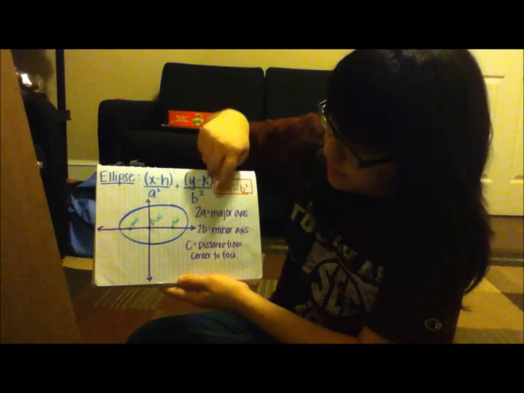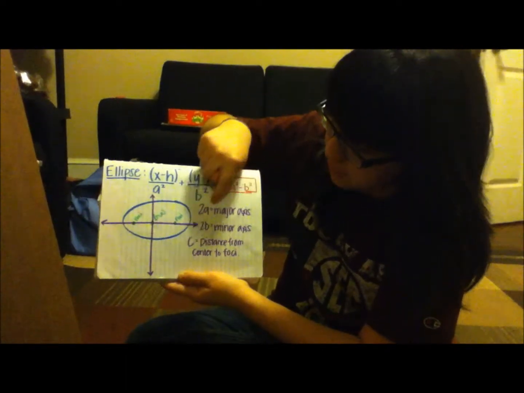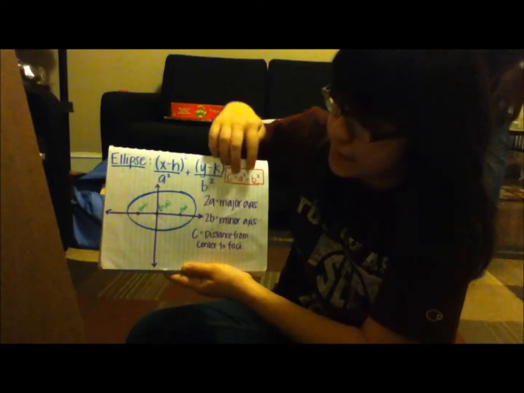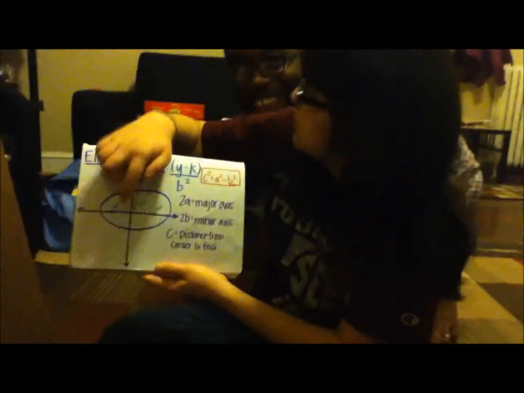2A represents the distance of the major axis, and the major axis is the longest axis. So in this case,